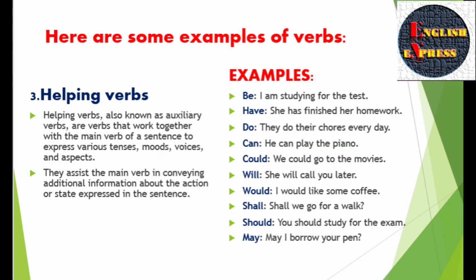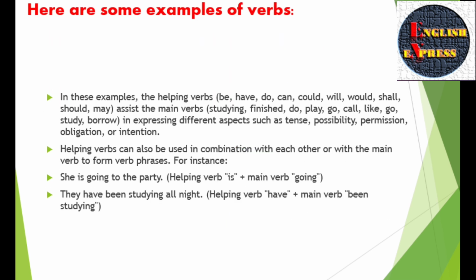Helping verbs, also known as auxiliary verbs, are verbs that work together with the main verb of a sentence to express various tenses, moods, voices, and aspects. They assist the main verb in conveying additional information about the action or state expressed in the sentence. For examples, be, have, do, can, would. In these examples, the helping verbs assist the main verbs in expressing different aspects such as tense, possibility, permission, obligation,